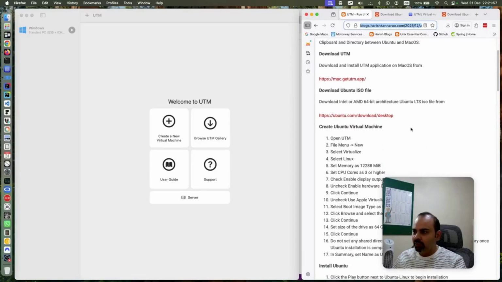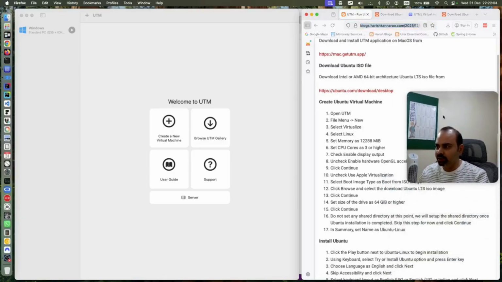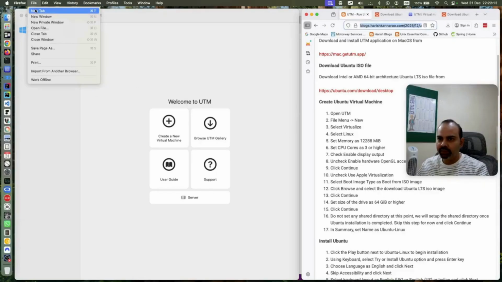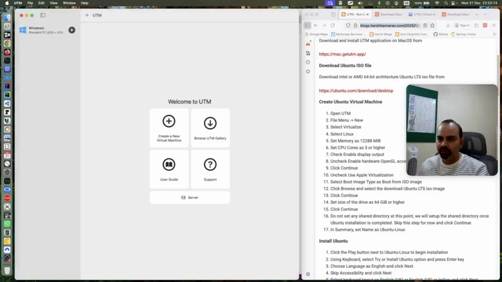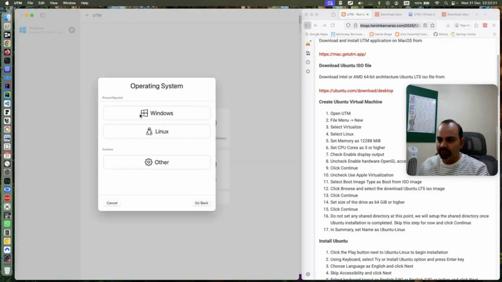So we have got the UTM, and I have got the ISO downloaded. So first thing we are going to do is create a new virtual machine. So open the UTM file, create new virtual machine. Oops, wrong one. New, and choose virtualize, and we want to do Linux,